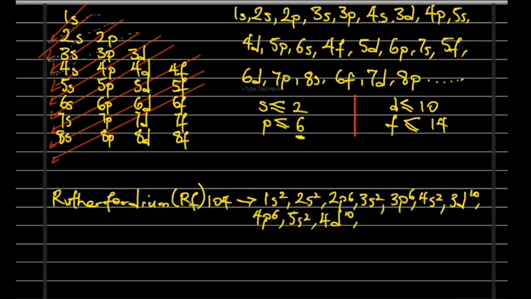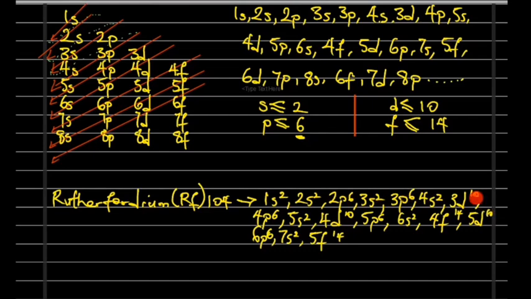4d10, 5p6, 6s2, 4f14, 5d10, 6p6, 7s2, 5f14. Okay, let's count. 2 plus 2, 4, plus 6, 10, plus 2, 12, plus 6, 18, plus 2, 20,